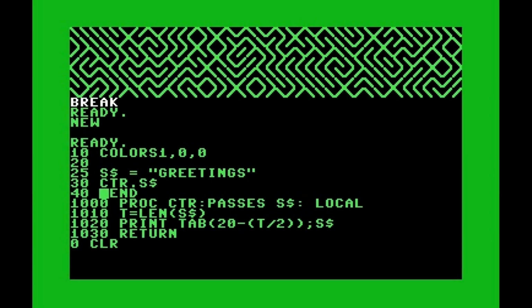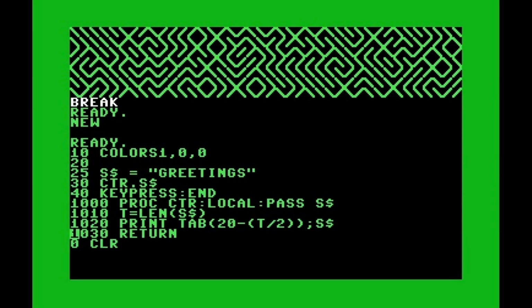We're also going to insert a key press here so that we can witness the screen color change. Otherwise, it just all happens too fast and you don't really get to see the screen color change. So we're going to put that there. And a couple more problems here. When you're passing a variable, it's not passes, it's just pass. And also the local command needs to be in front. This makes everything localized. Just make sure everything is good except